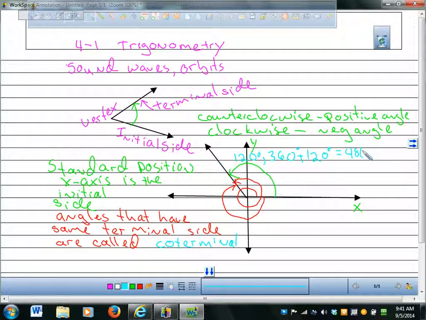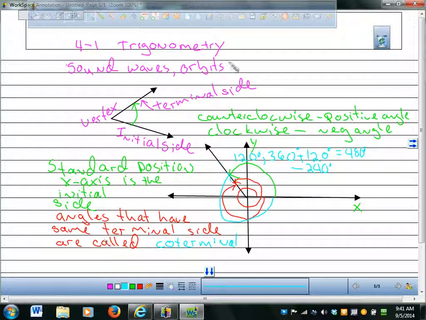So those two, I could also get there by going backwards, negative. How would I get there? If it's 360 minus 120, that would be negative 240. So all of those things would be coterminal. I was going to give a couple of examples there, but we're not. You get that? Yeah. So you could get there different ways.